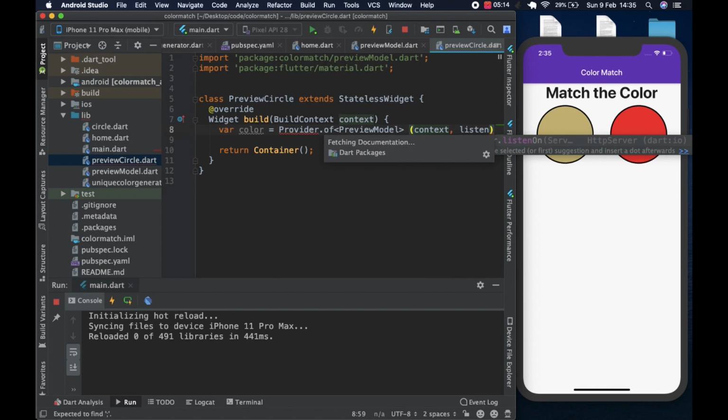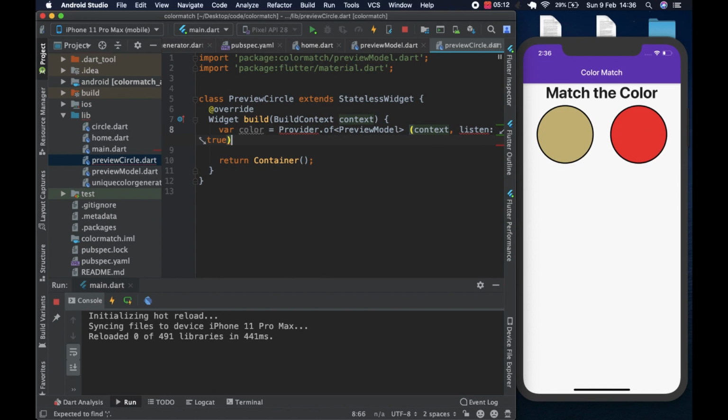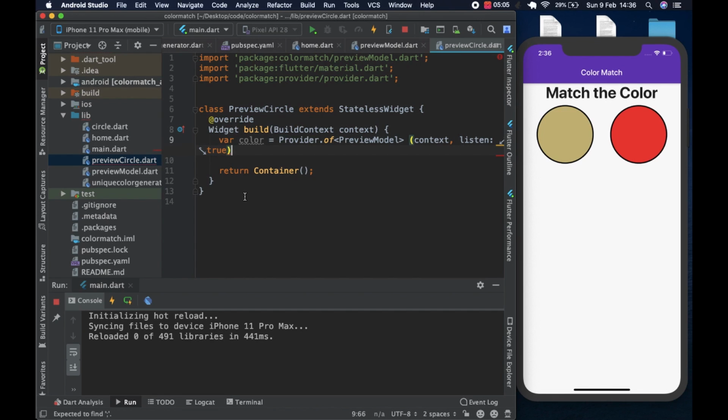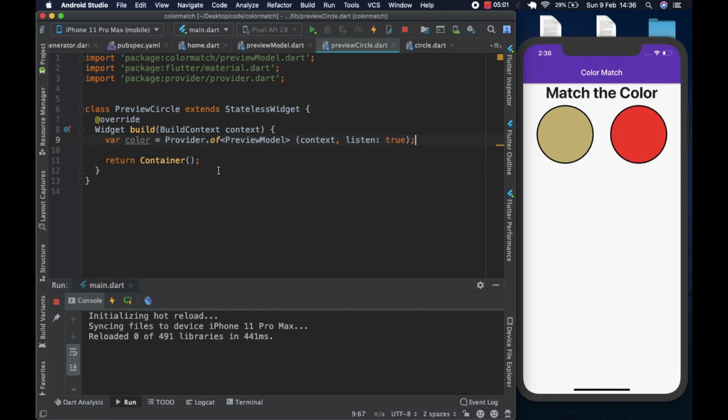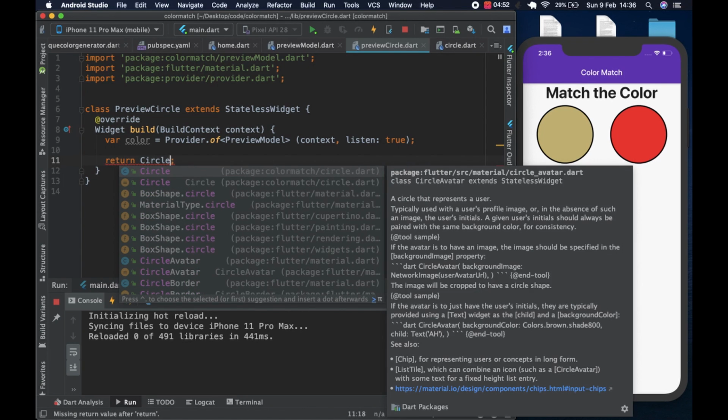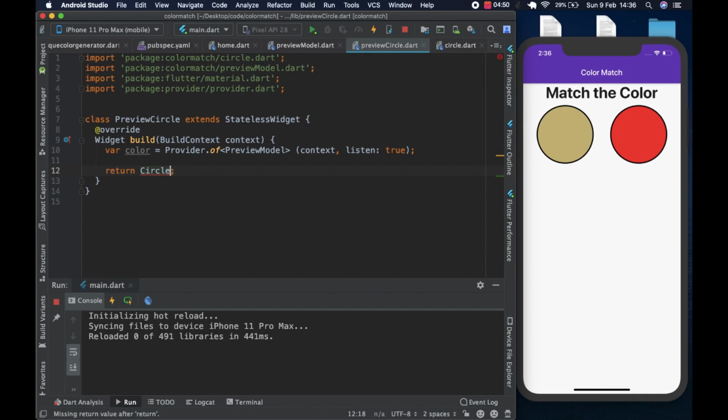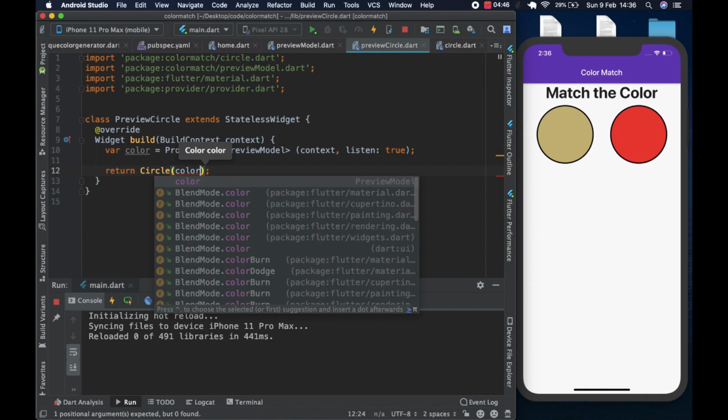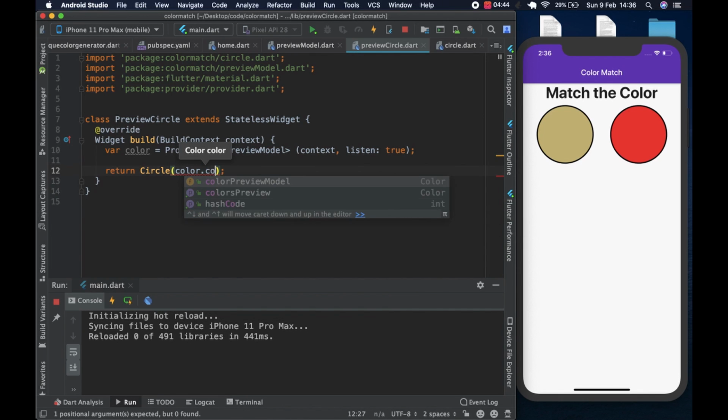Listen is set to true. We're going to correct this by importing provider, and also put this semicolon. So we're going to do this, and what we're going to return here is, of course, the circle that we built. We're going to have the circle, and to provide the color is going to be color dot colors